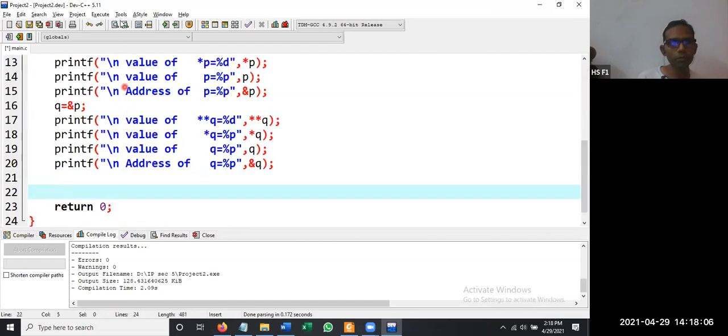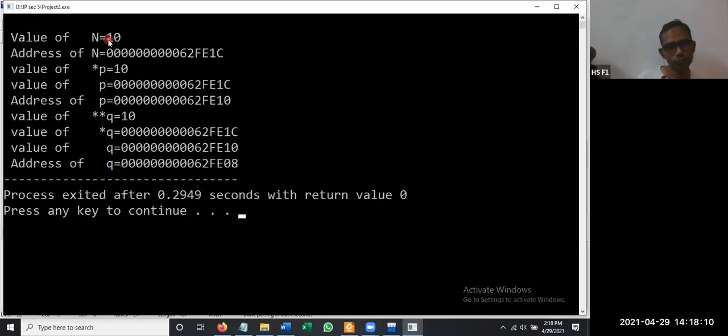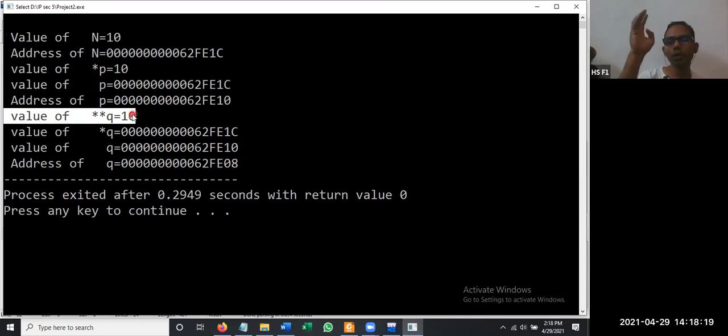What happened? Execute, compile and run. So value of n is 10, value of star p is 10, value of star star q is also 10. Both the two pointers are pointing to the same n value.